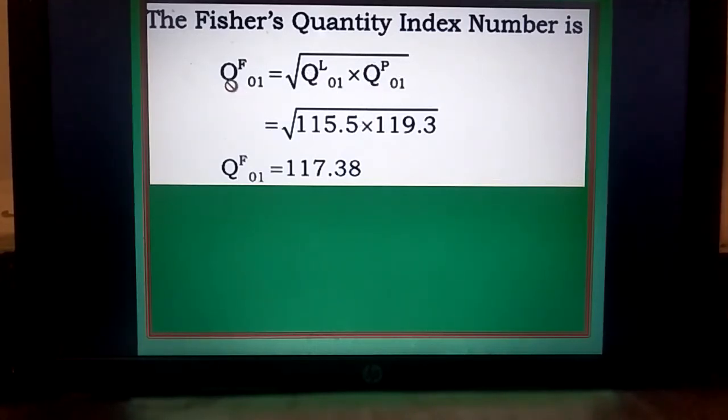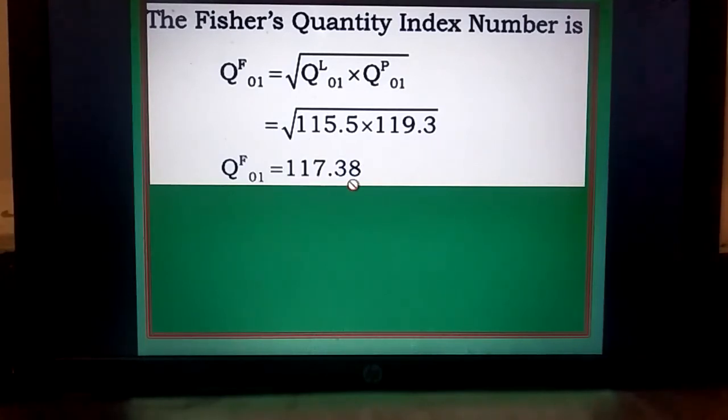That can be written as Q01F equal to square root of Q01L multiplied by Q01P. So we know already the Laspeyres and Paasche quantity index numbers. Substitute those two, perform the multiplication and take the square root. You will get